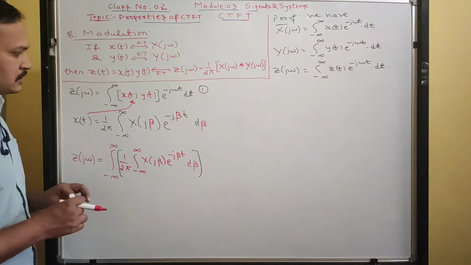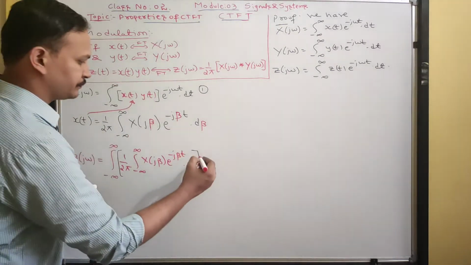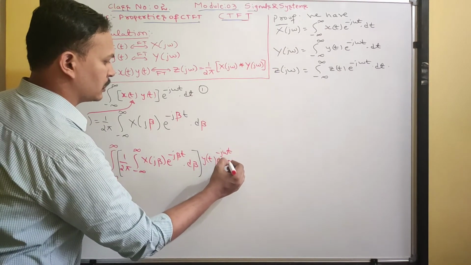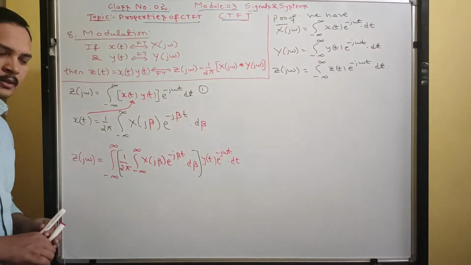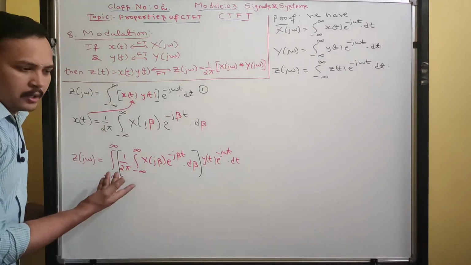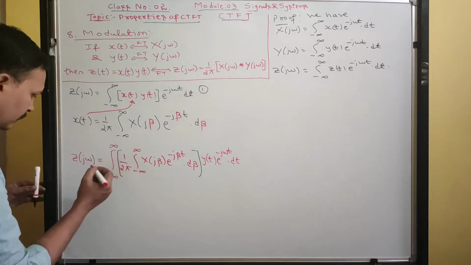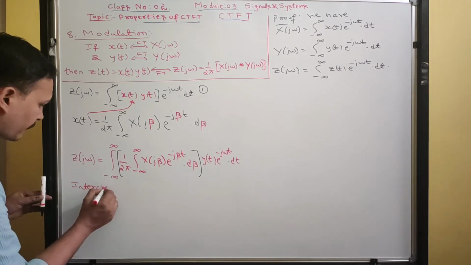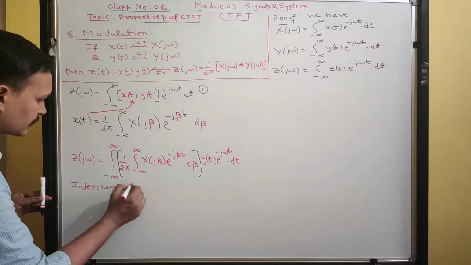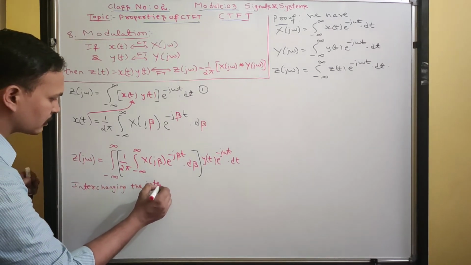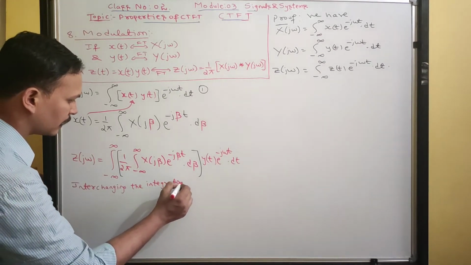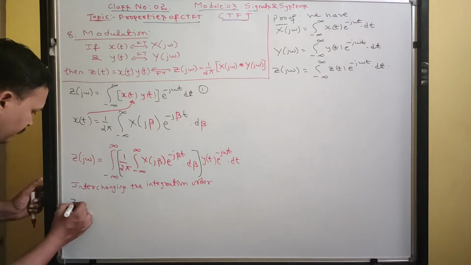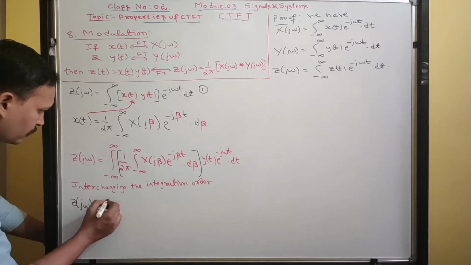Okay, what is this? We just substituted x of t here into y of t into e to the power of minus j omega t into dt. So now interchange the order of integration. Interchanging the integral terms, interchanging the integration order. Okay, so now we can write z of j omega is equal to 1 by 2 pi,